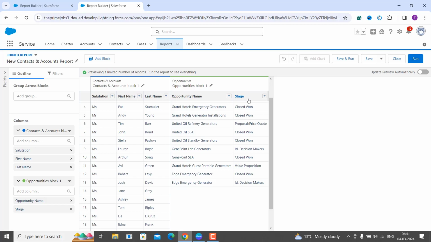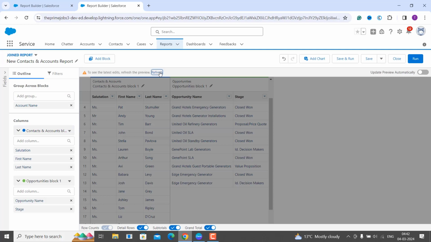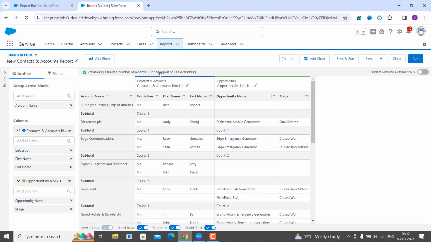Now I want to combine them, or you can say we want to create a joint report related to the account name. For creating it, you need to click on the Outline tab given on the left sidebar, and here you will see a section of Group Across Blocks. While dealing with other report formats, you can see that we have the options of Group by Row and Group by Column. Here we have the option of Group Across Blocks because we are creating a joint report, and here you need to search for the column on the basis of which you want to combine. As we are going to combine on the basis of the account name, we search for it and click on that, and once you click on that, it gives you the option of Refresh, and as you click on Refresh, it will combine both the reports, contacts in the account with the opportunity,